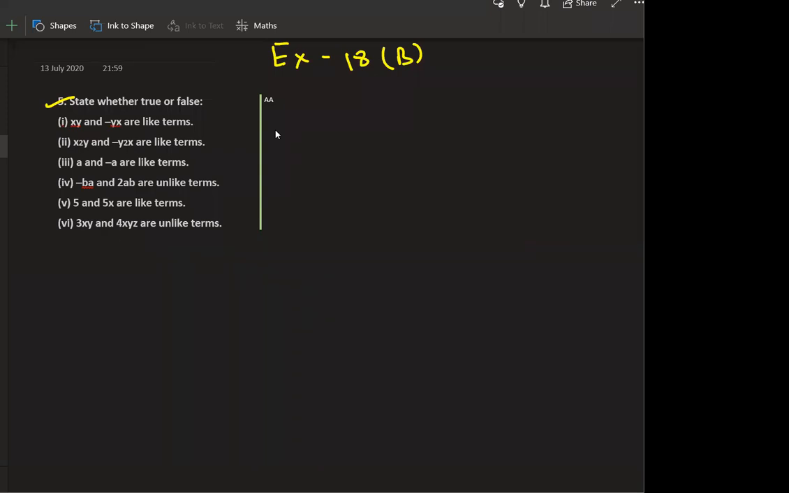This is the third lecture for exercise 18B, and I'm going to start with question 5 today. So let us discuss question 5, part 1. Question 5 says state whether true or false. So first is